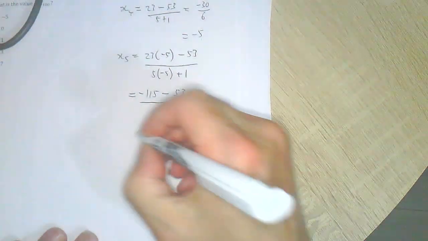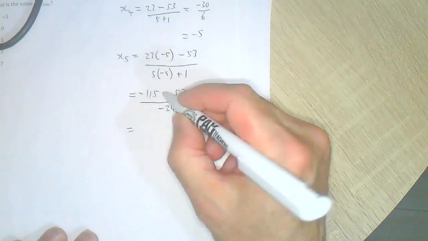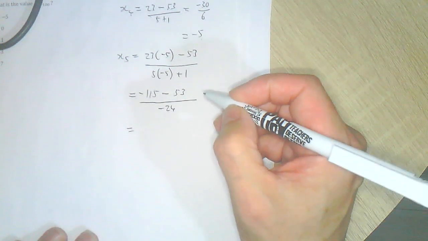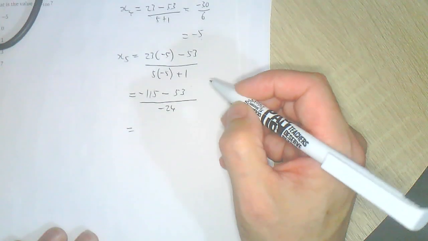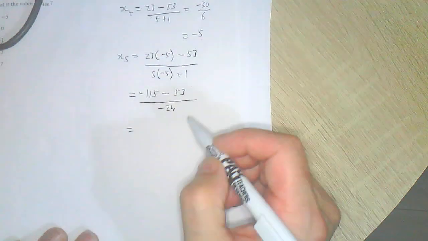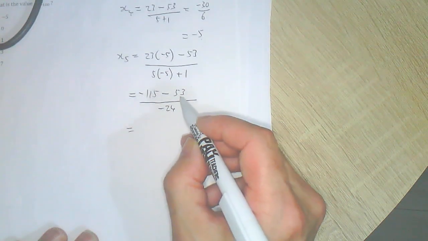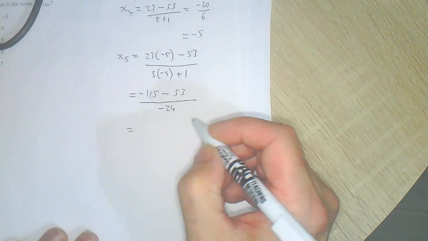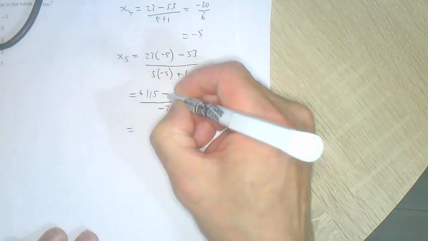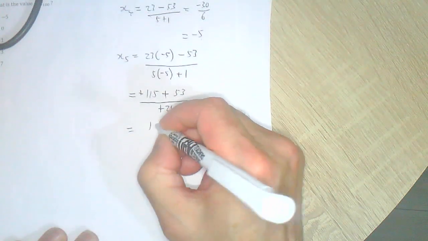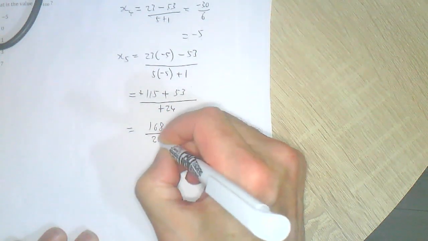So we are now thinking, what's this? Well, it's going to be 115 plus 53, which is 168. Let's change all the minus signs to pluses, multiplying top and bottom by minus 1. So this gives us 168 over 24,